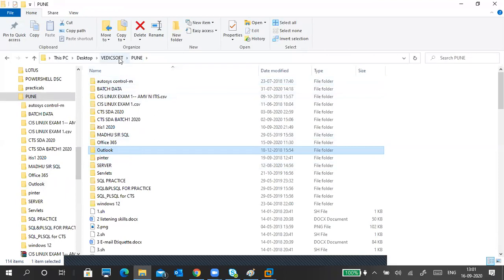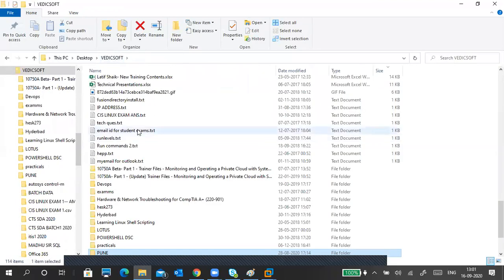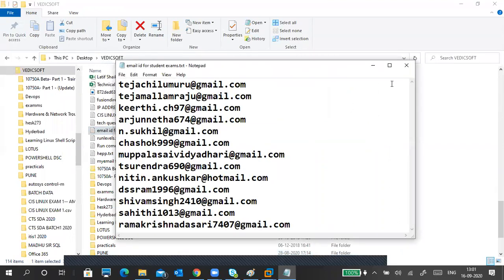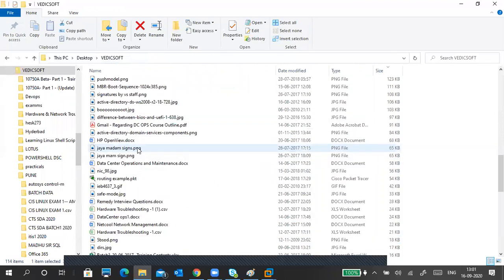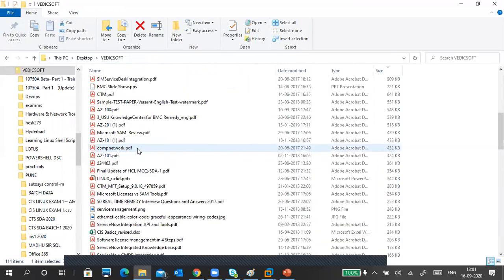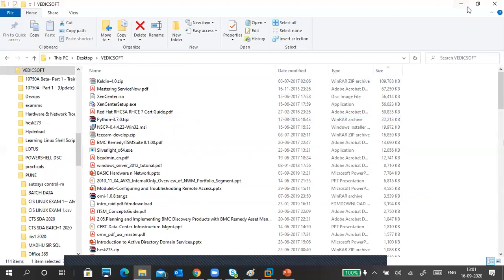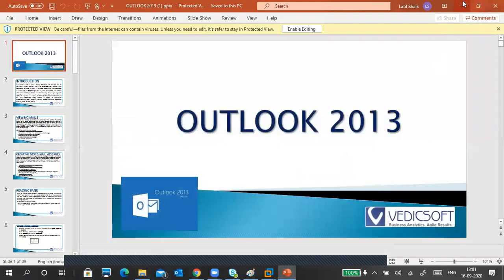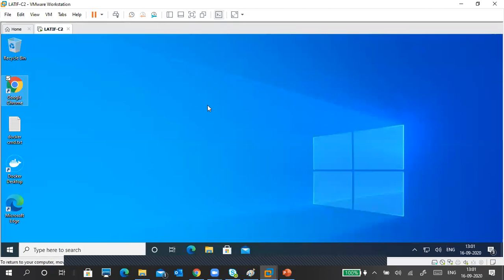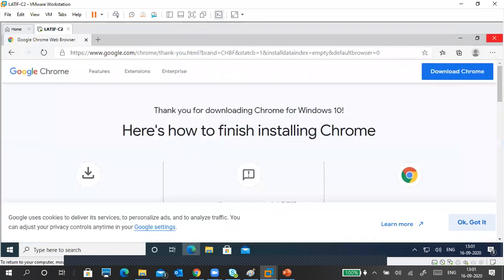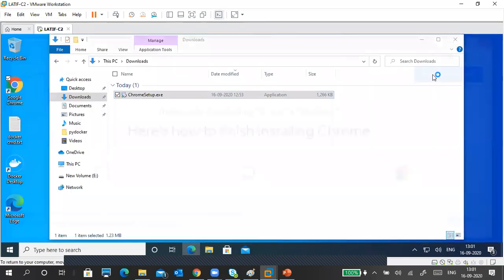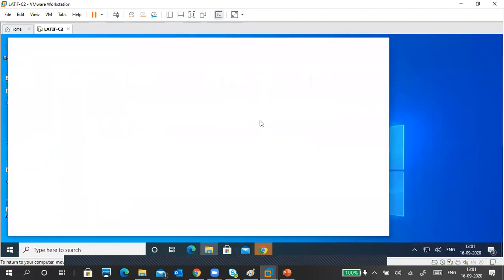Where is this mail account? I didn't remember my mail account. No, this is our students' mail accounts. I saved it somewhere, so it's okay, no problem. Okay, this is Outlook PPTs. We don't require it now. So this is my Google thing, and here is Microsoft Edge. And minimize this one.